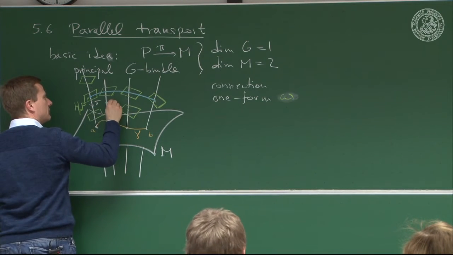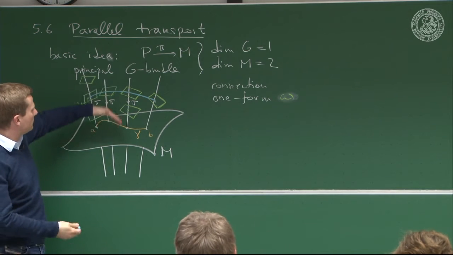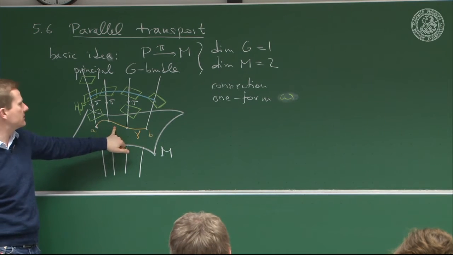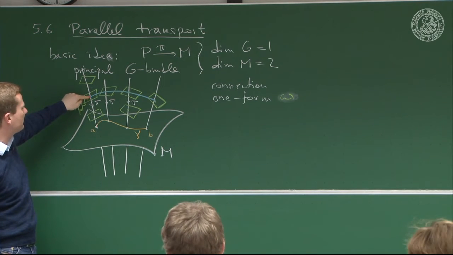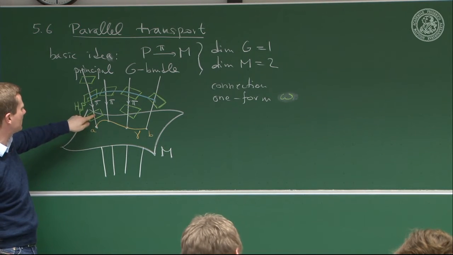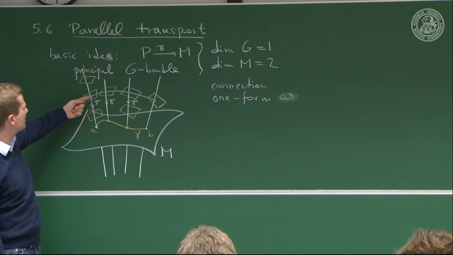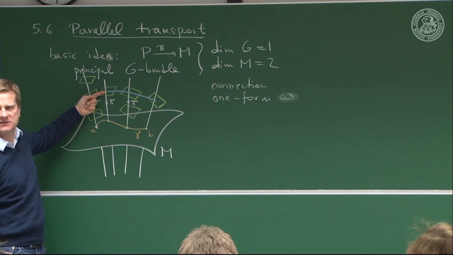So pi projects down along this fiber, so that the projection of the blue curve is the curve we started with. That's the first condition. Second condition, that this blue curve goes through a specific point here, because I could also look at the point that goes through here and has this property. And further, that the tangent vector to this lifted curve has 0 vertical component,